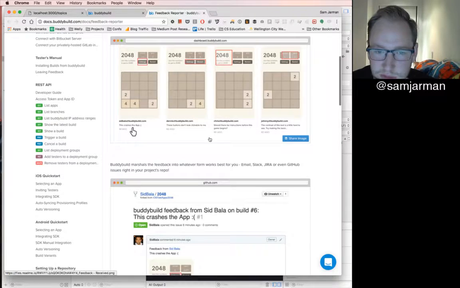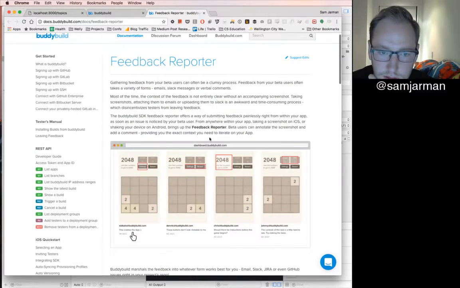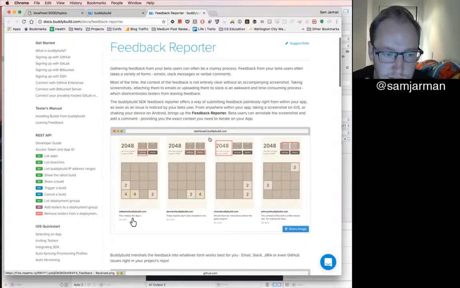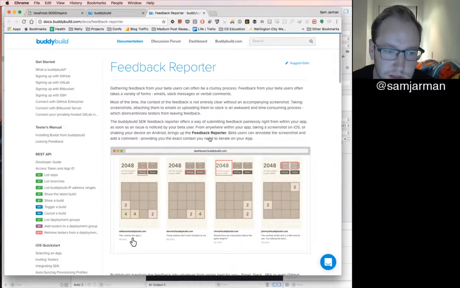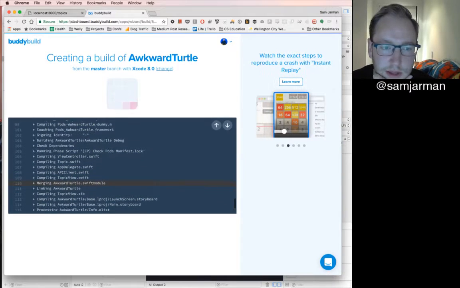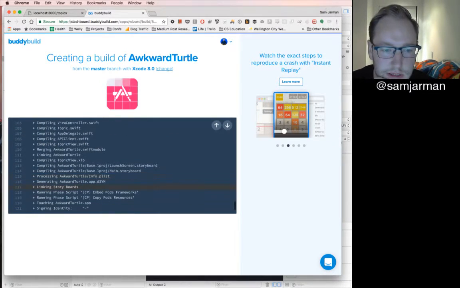Dennis has been building 2048. Cool. Yeah, so this is super dope. It's kind of hard to see by these screenshots, but inside your app, when you're doing test builds, you can screenshot it, and they've hijacked the screenshot callback, and they'll let you annotate on the screen and then submit an email saying this is broken, which would be cool.